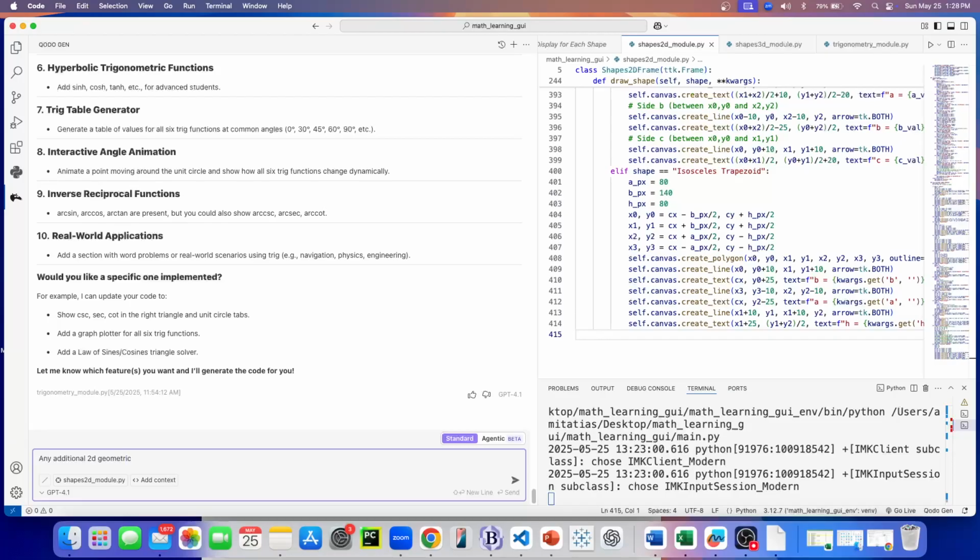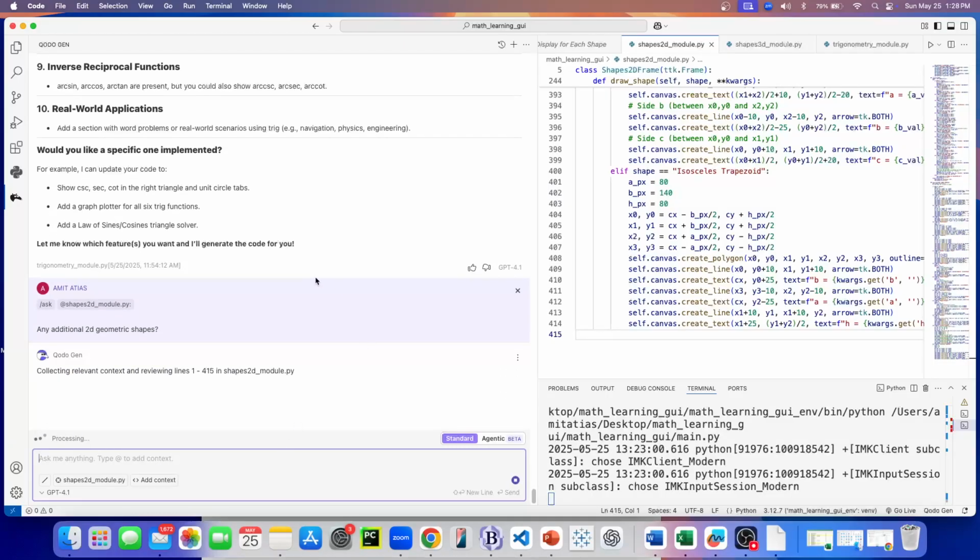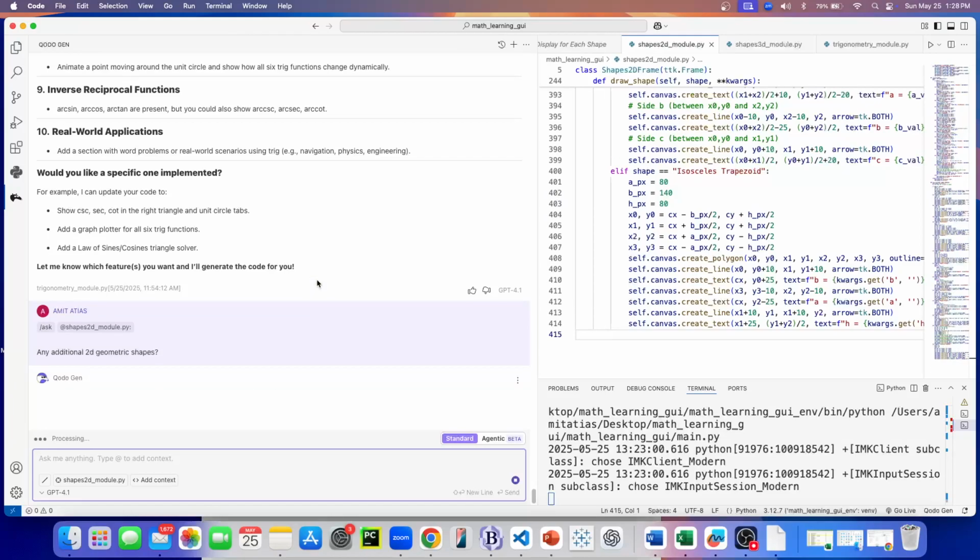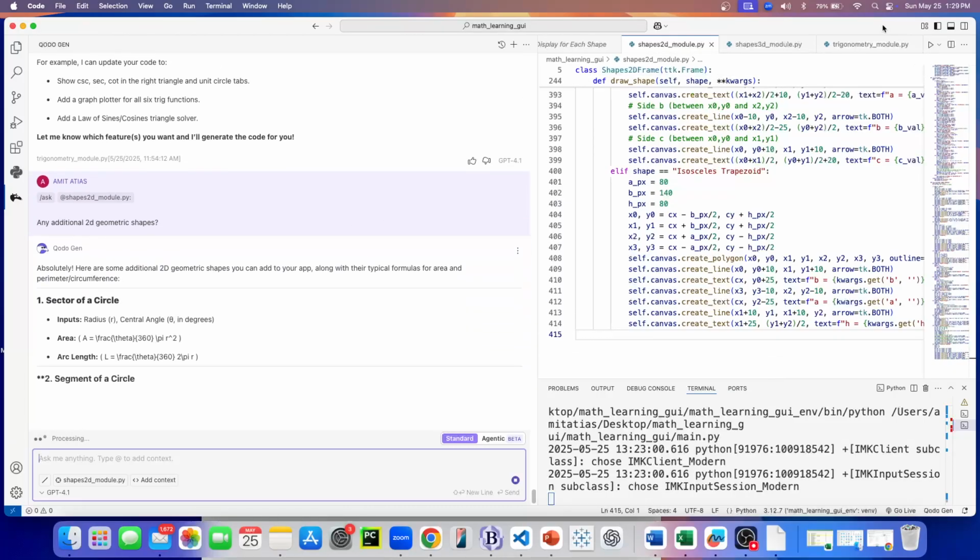And we're going to just precise that it's 2D geometric shapes. We'll probably get a lot more here than the trigs. There's going to be a whole list of them,